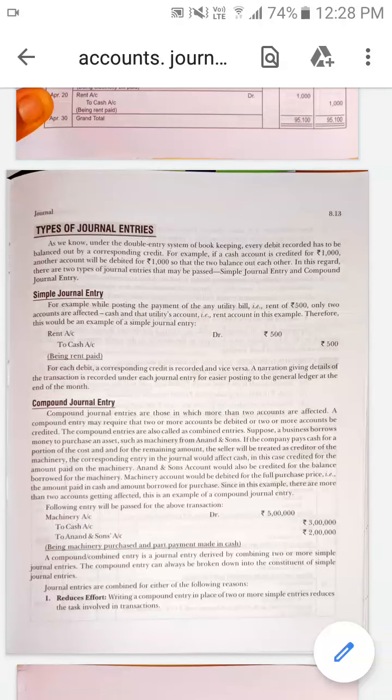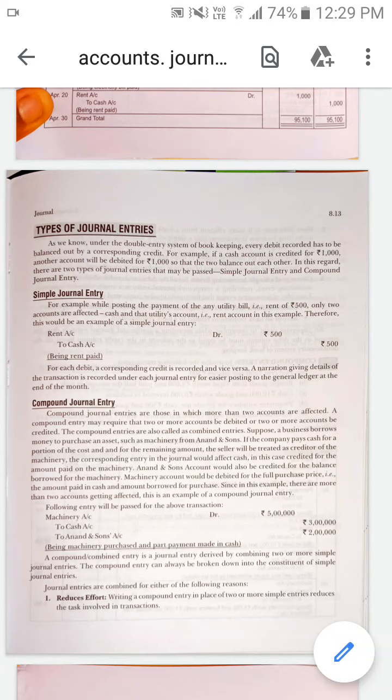Good morning, students. Today we are going to continue the chapter journal entries, and we are going to learn some other new topics in this chapter to record the journal entries. In the last class we finished some of the important topics: how to prepare the journal entries, what is a specimen of journal entries, rules of debit and credit based on the type of accounts, and some problems relating to journal entries and how to analyze the business transaction. Up to the fourth sum we finished in the last class.